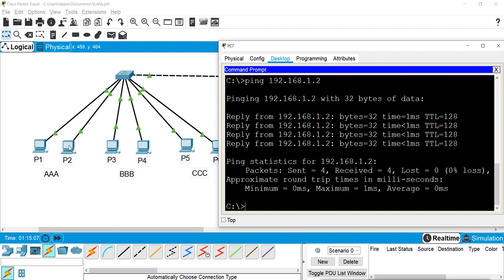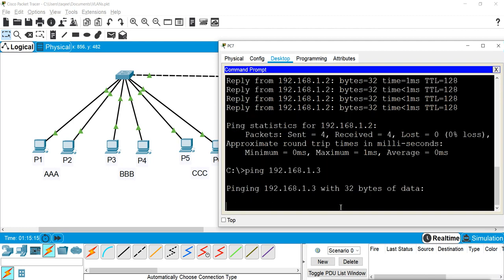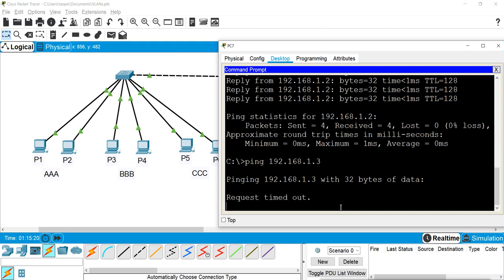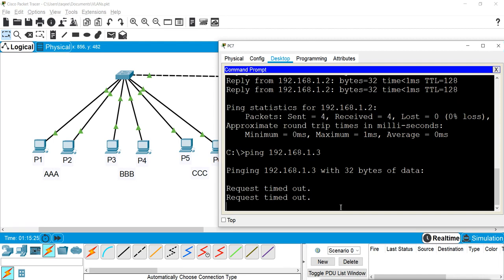But if I try to get a reply from these other VLAN machines, like for example 3, it is not getting the reply because it belongs to a different VLAN. It is not sending any reply.